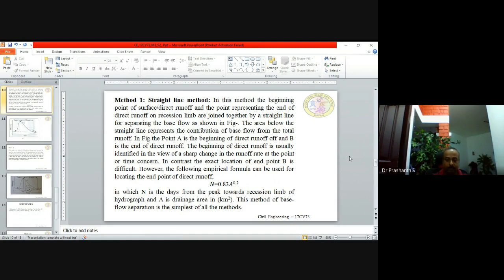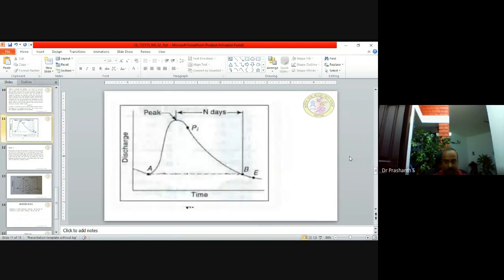This is the simplest of all methods. See here, point A is found, and point B can be found from the graph, or you can use the empirical formula. Join the line, and anything below this line is the base flow. This is how they do the base flow separation in the straight line method. There is another method,